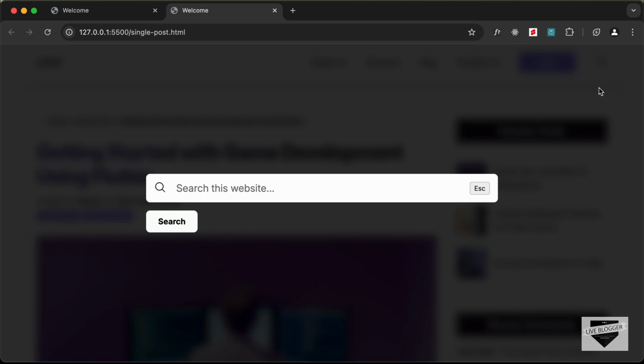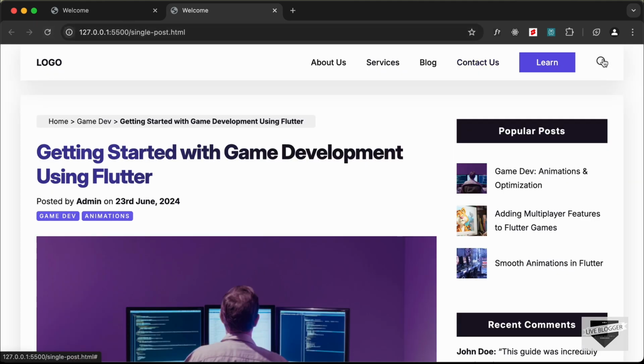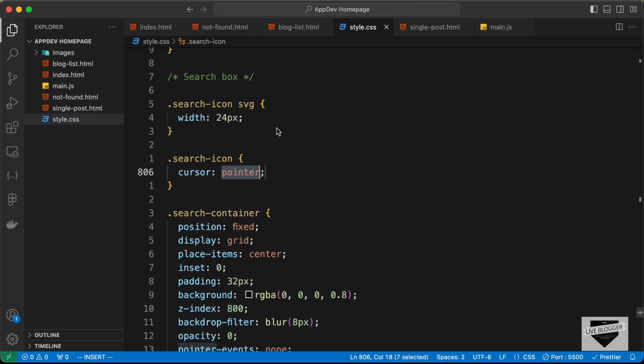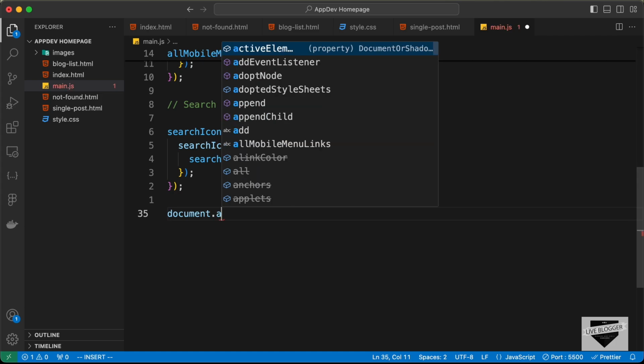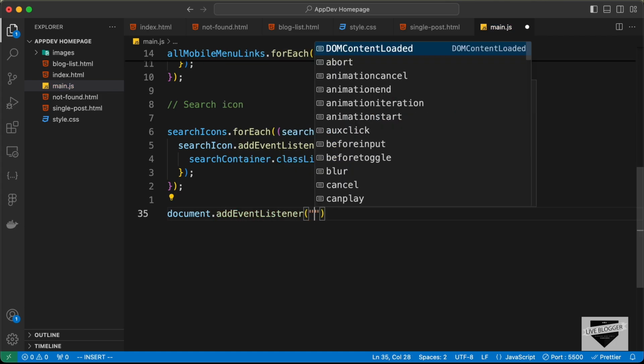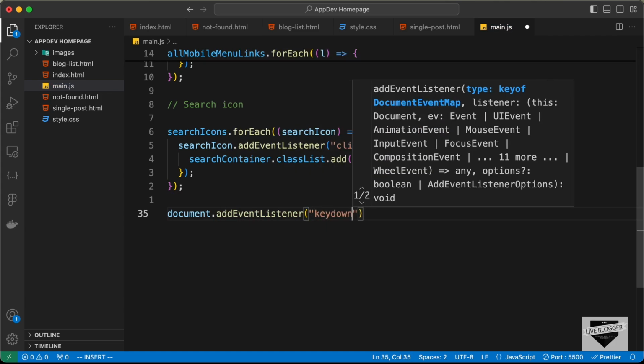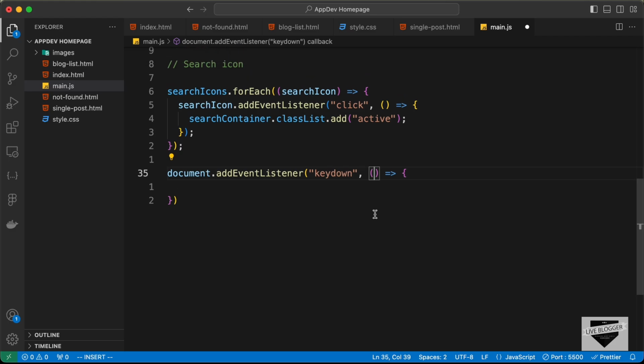And now we can see that the search input field is being displayed. Now we need to hide this when we press the escape key. So let's go back, and here let's type document.addEventListener, and let's listen for the keydown event, and here we get some value. So I'll just call it e, and here let's type e.key equals Escape. So if you press the escape key, then this will